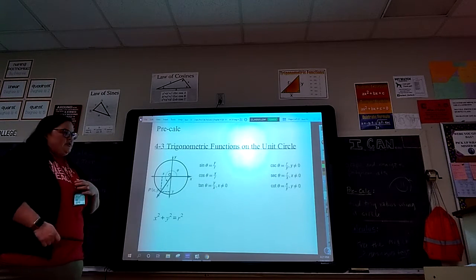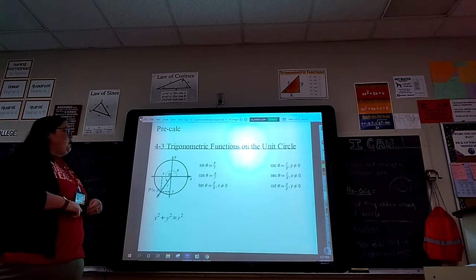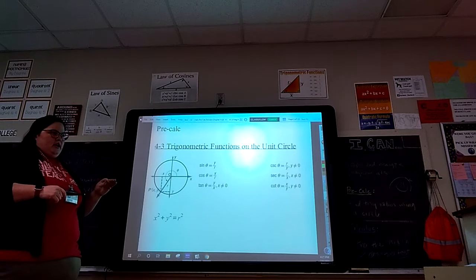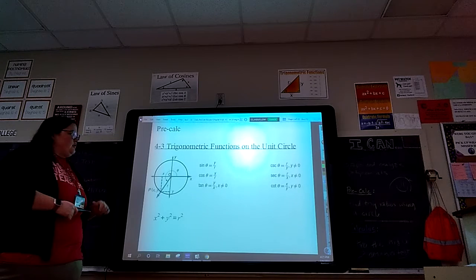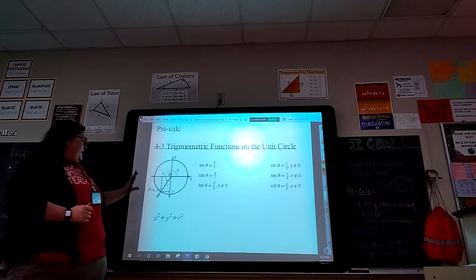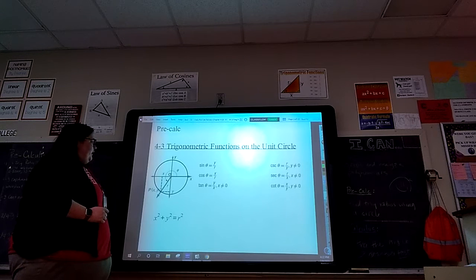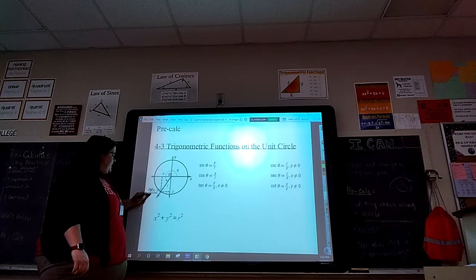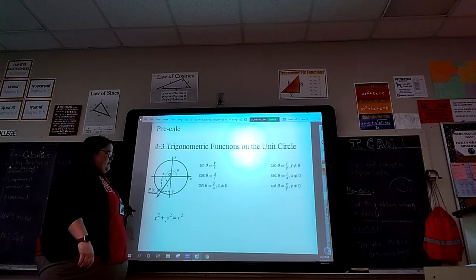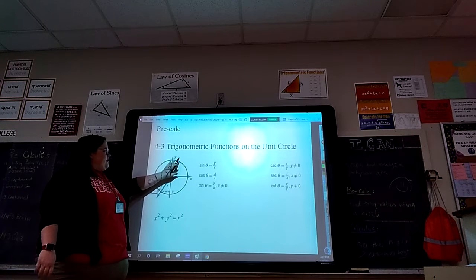Trig ratios, only now using the unit circle, or kind of applying stuff that we did with right triangles, now applying it to a circle. So we're going to focus here on the picture first. It's got a lot going on. But what I want to point out first is what we're talking about now is if we have a circle